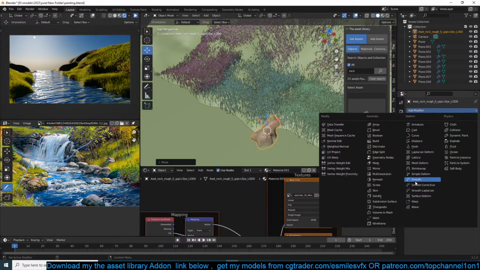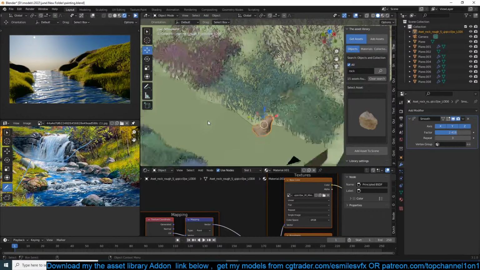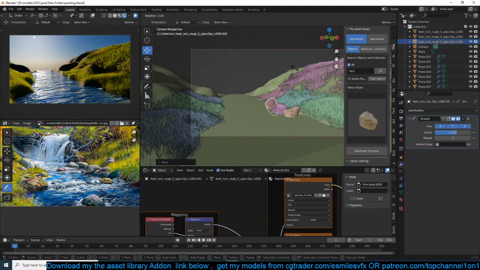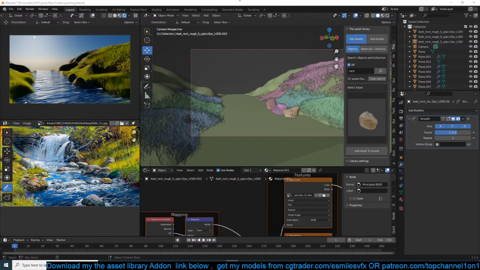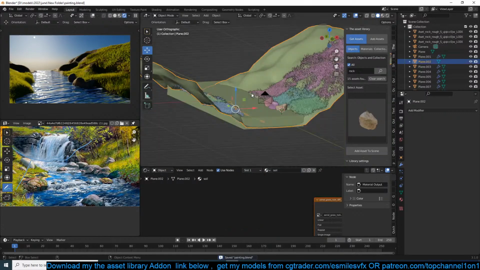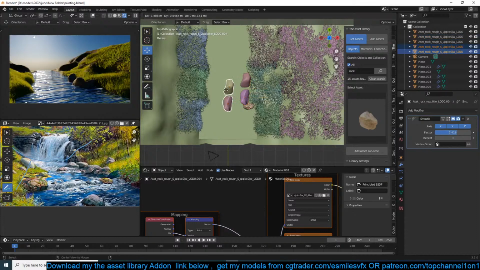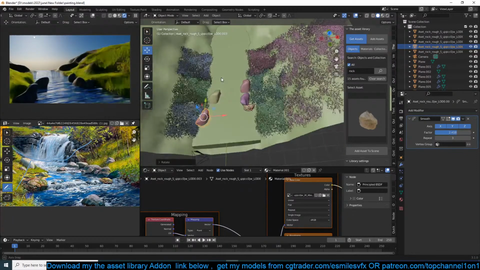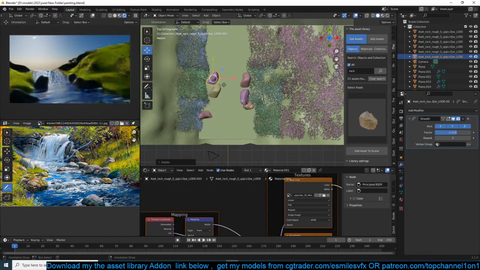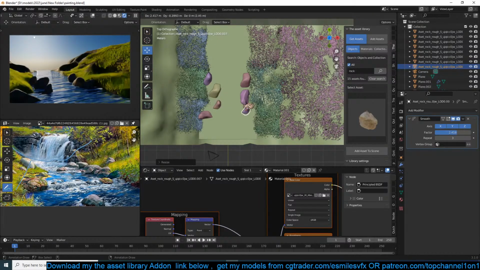I'm going to use a smooth modifier here. Okay. Need more rocks. Okay, so